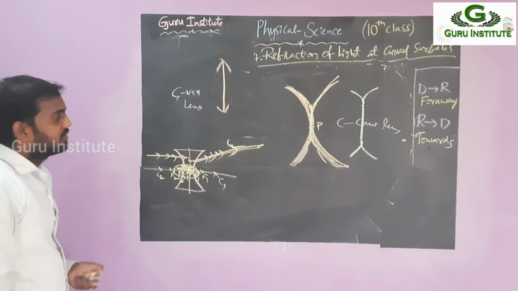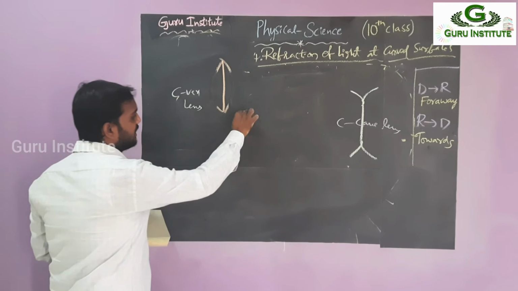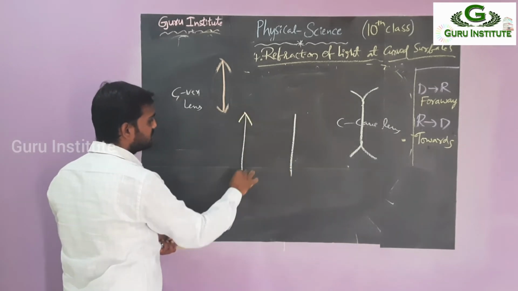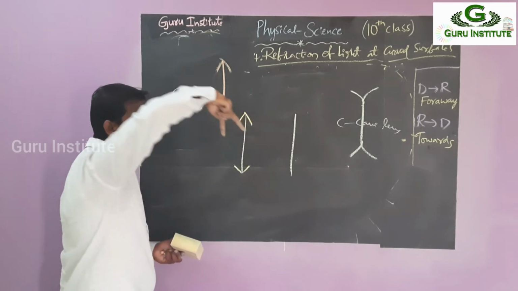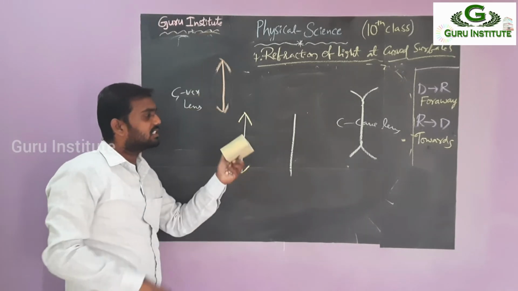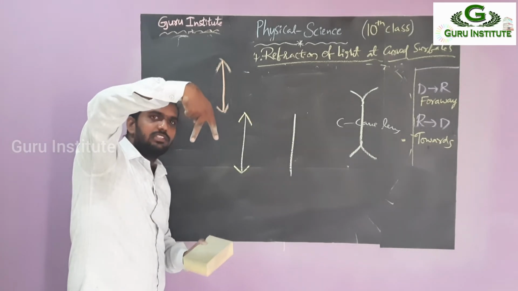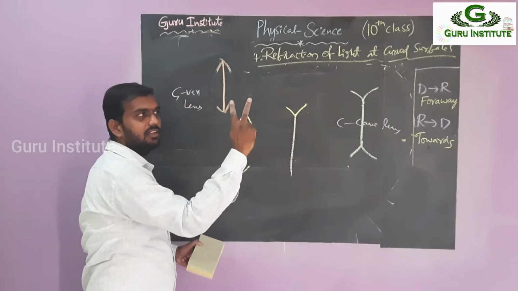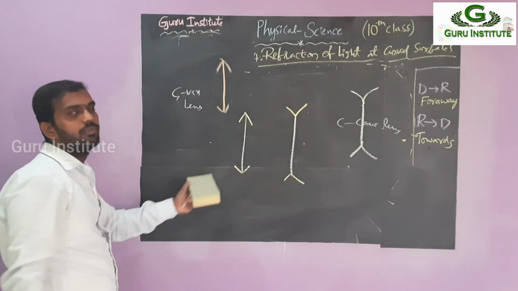Okay. So this is the method we have to observe. No need to learn by heart. So simply see here. Take the lines. Okay. Then make arrows. Vertical arrow. So this is a convex lens. How should this arrow look? They look like this one, right? This arrow you have to reverse. Why? Because convex lens and concave lens properties are different, right? We know that. So this is like this. Simply you can reverse this one. So what happened? It is like this. So again this is like this. You have to reverse this one. So next this one. This is concave and this is convex. This is a symbolic representation.